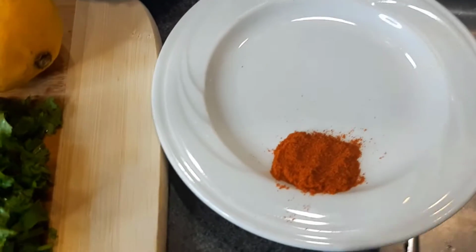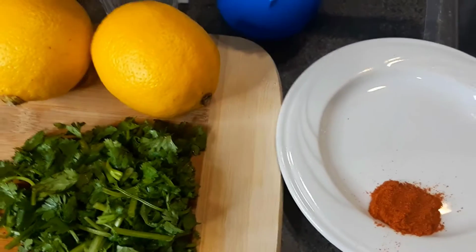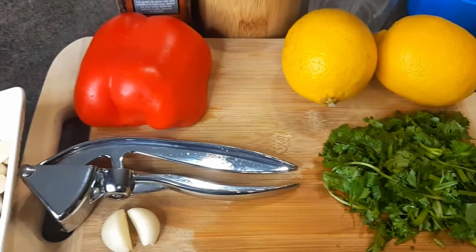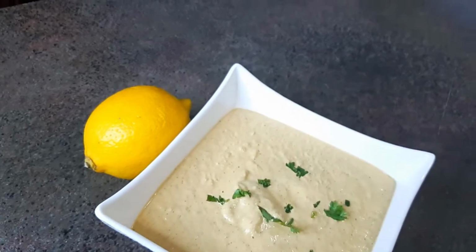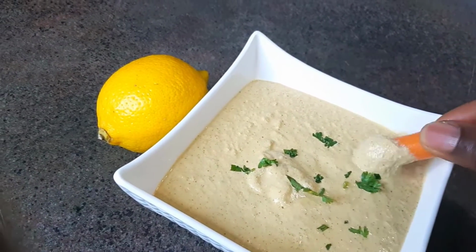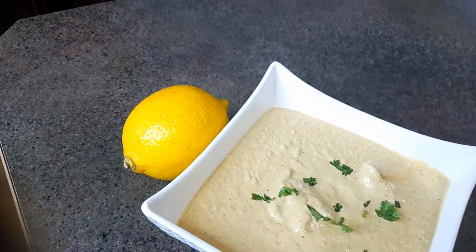I am also gonna add half a teaspoon of cayenne pepper because I want it a little bit spicy to kick. And again, this is optional, the cayenne pepper. If you don't want it spicy, you can just get creative with this. So guys, our dip is now all ready to go. Like I mentioned before, here's the consistency. You can see, if you want to really munch on your fresh crunchy veggies like this carrot,